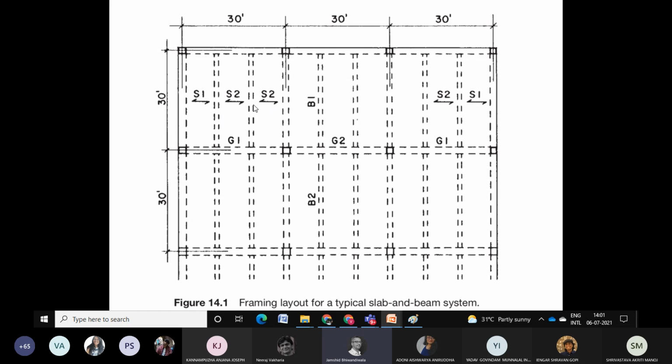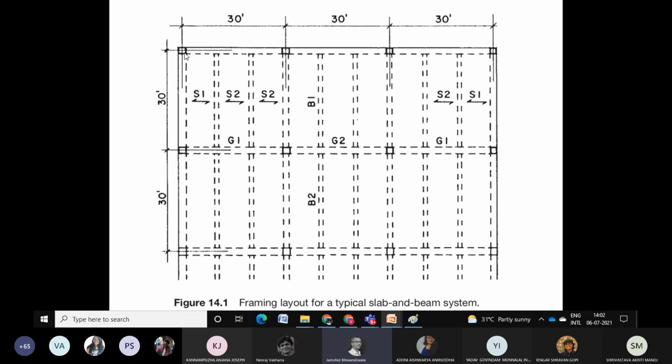thereby making them all one-way slabs. So here, if you can see, I can easily solve this 30 by 30 feet bay as a two-way slab, by not having any of these beams in between, just the beams along the periphery and main bars in both directions. Or I can make these spans smaller by adding ribs in between, and they will all act as one-way slabs. The one-way ribbed slab works in this similar format.